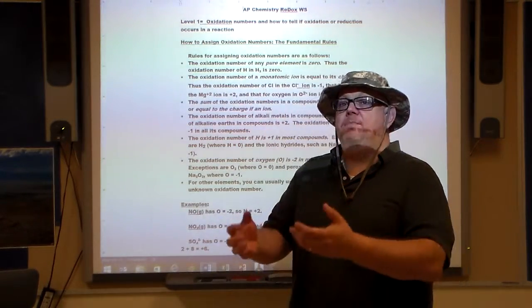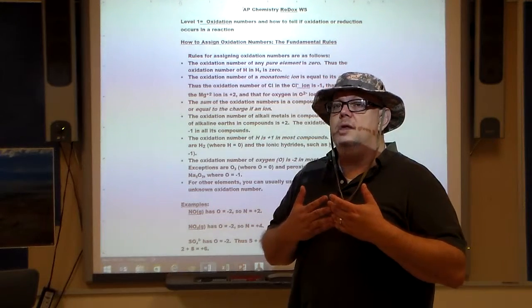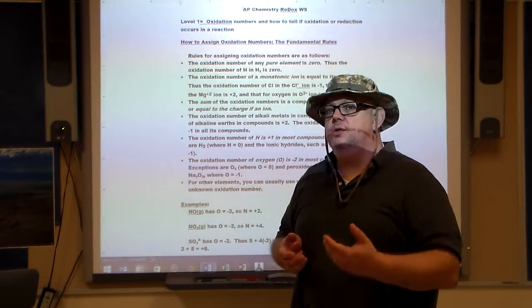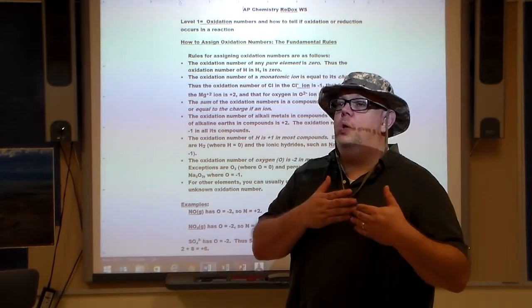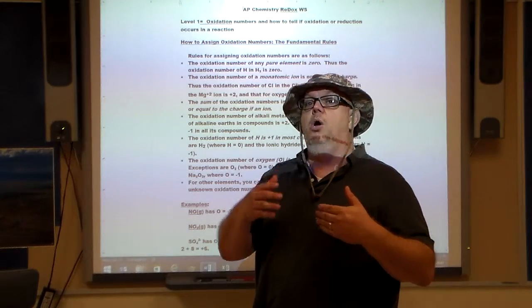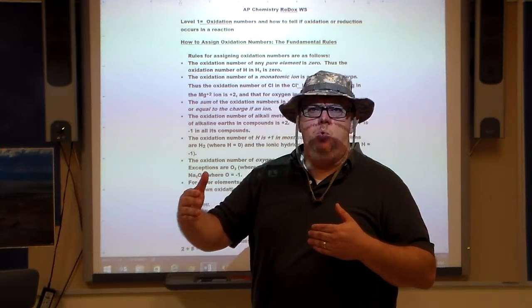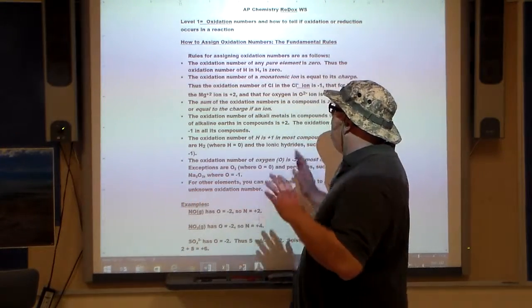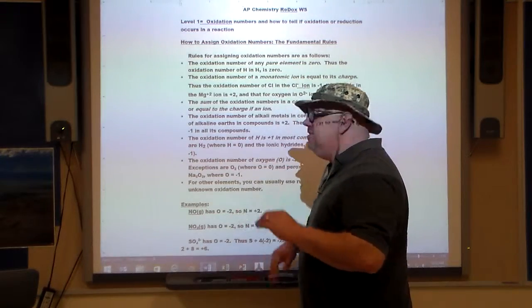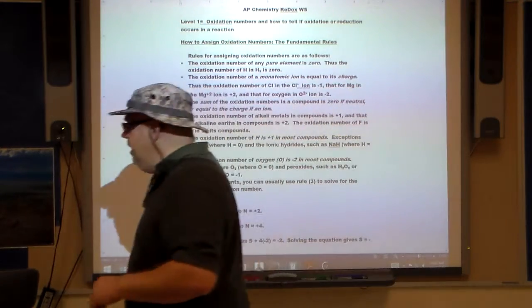On the other hand, if it picks up electrons, then we say it's reduced, and it goes from positive towards zero. If you pick up more electrons, it can go into the negative zone. But anyways, what we need to do is look at some of the basic rules on how to assign the